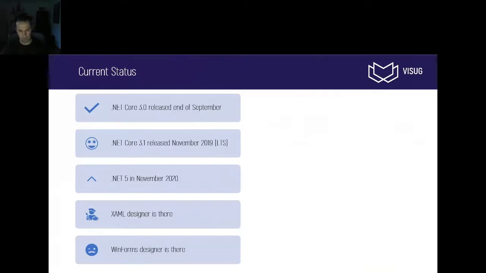A small side note here. If you are doing WinForms and you really depend on the designer, you have really complex forms, and you can't make the new .NET Core designer actually work properly, then it might be an idea to check out Rider from JetBrains. They also have a WinForms designer, and that one has been pretty stable from the get-go. So that has been my designer of choice for quite some time when it comes to .NET Core WinForms.